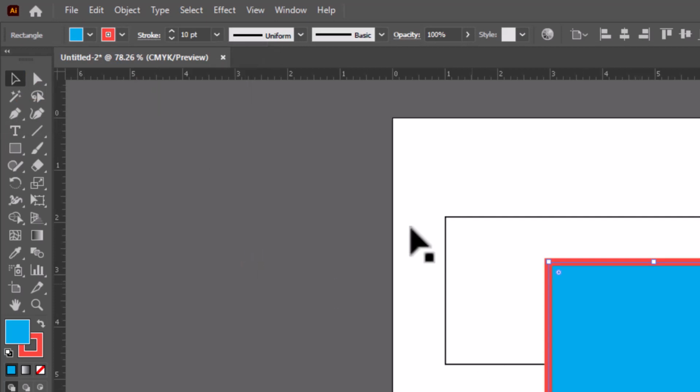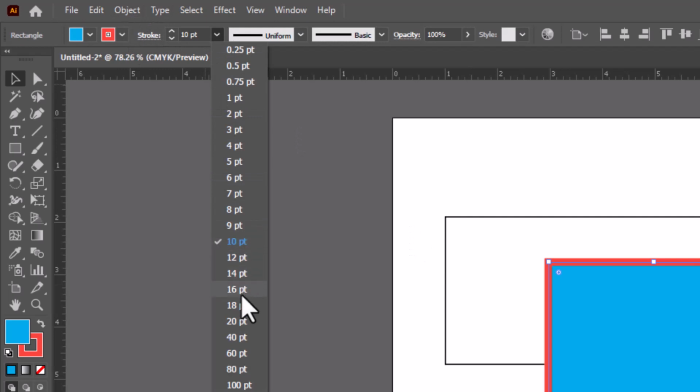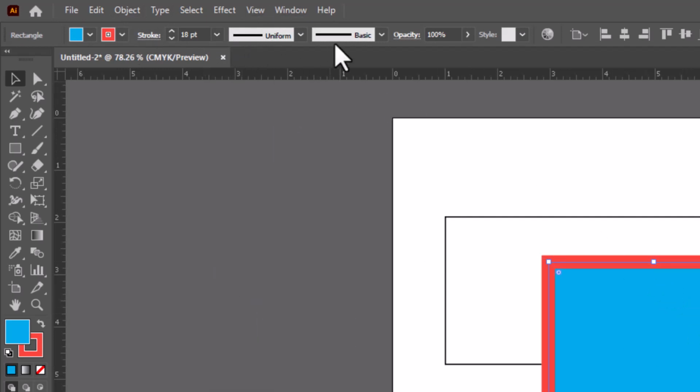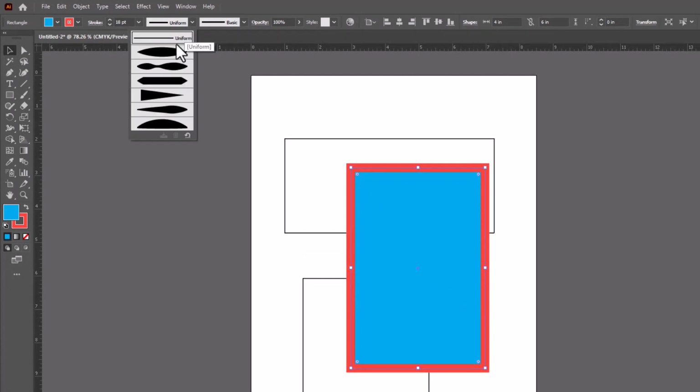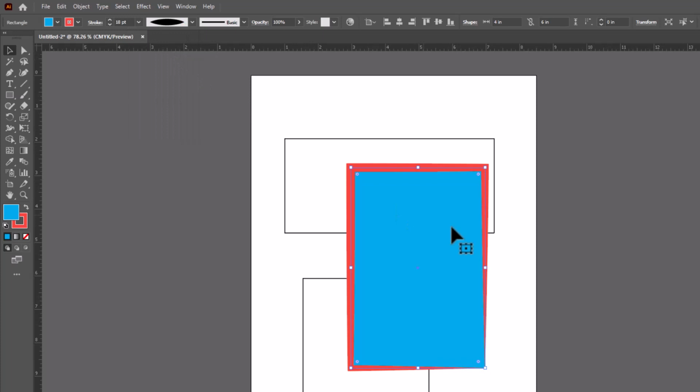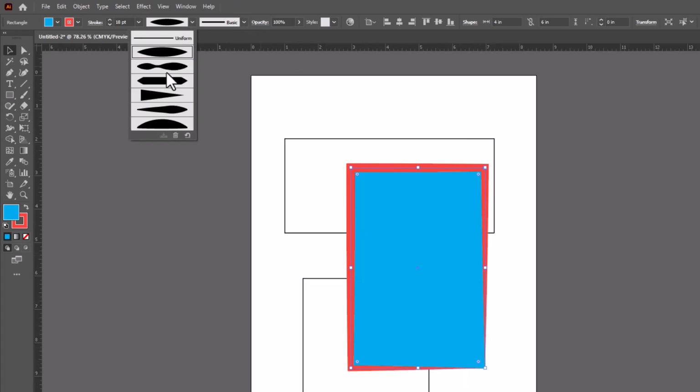And finally, and I'm going to make it a little bit thicker actually, we're going to see what that uniform does. We were trying to do that with text and it didn't really work all that great. So I'm going to just choose this very first one, and do you see how it got real thin on one side and then it's thick on the other sides? Again, this is kind of like a pen tip and almost like we're drawing with calligraphy. So depending on which direction the stroke is going will depend on how thin or how thick that gets. And so you can kind of see how it changes and updates as you start working with different types of